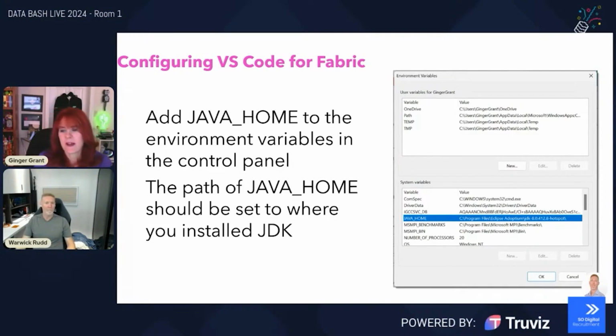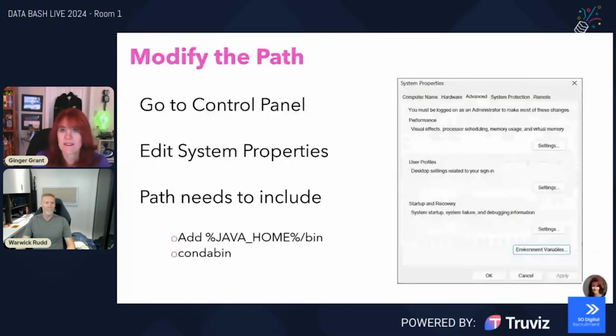Well, the next thing you need to do is modify the path, and we want to be really specific about this because we realize there's a lot of kind of complex stuff to do this, but once you've got it set up, hey, you're good to go with VS Code. So having all this information available to you will allow you to step through this at a later date if you do come across this video. So go to Control Panel, edit your system properties, and make sure that you click on the environment variables, which is where you are going to be modifying your path. And you do need to make sure that you add Java Home bin and then Conda bin to your path so that it can find it.